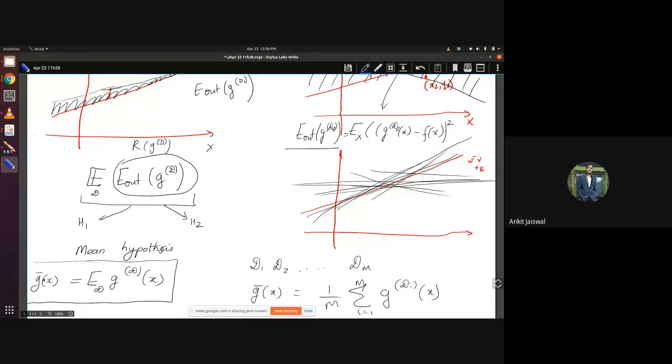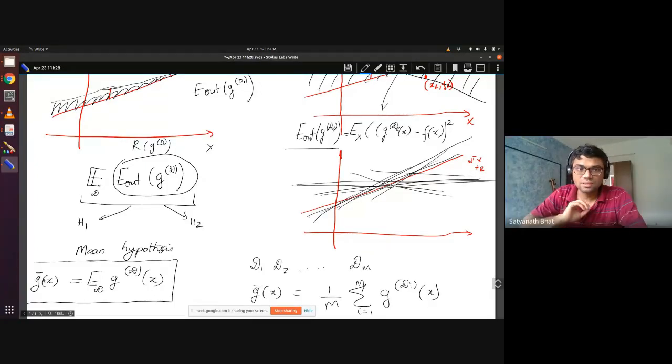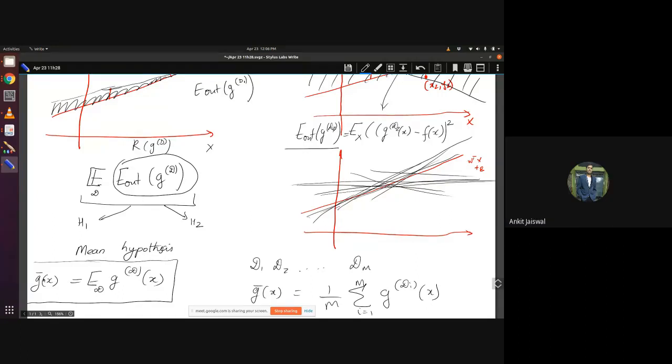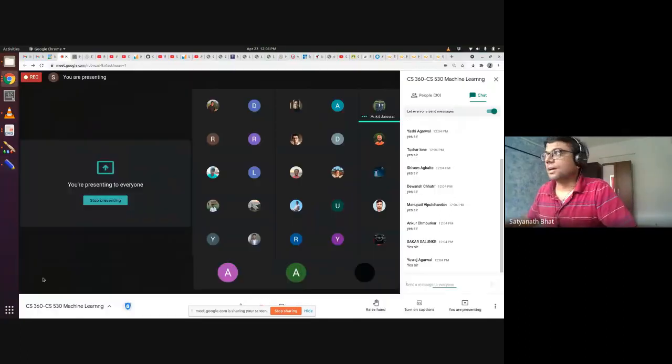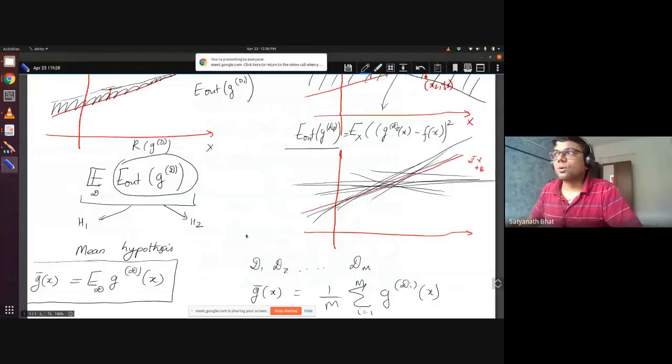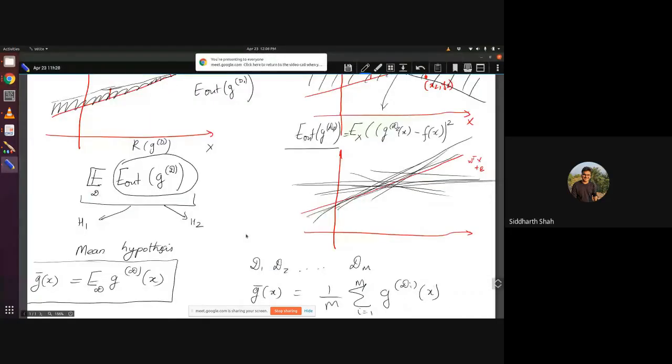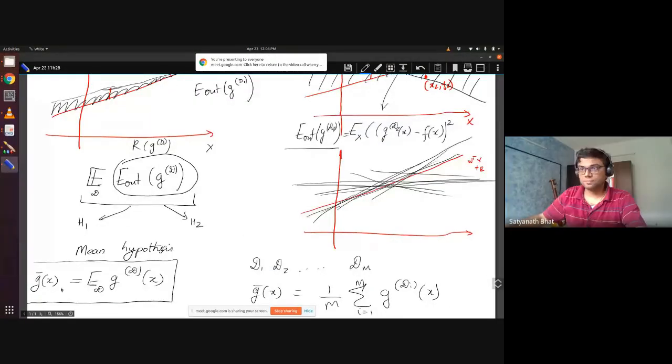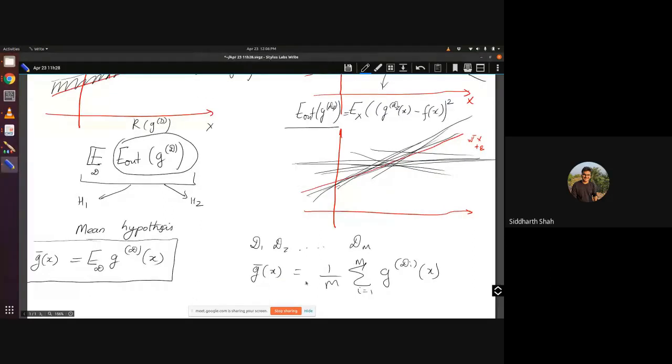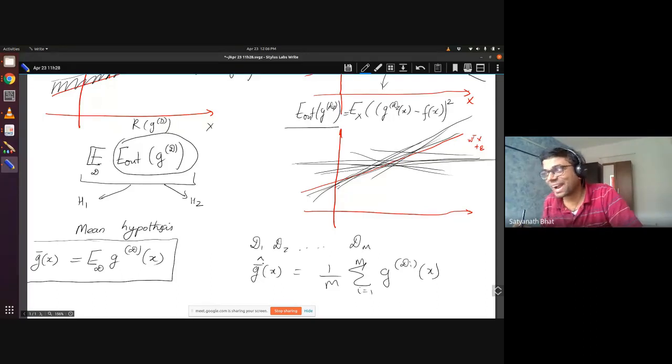Okay, sir. Do you understand the analogy? Yes, sir, I got it. Okay, very good. Again, sir, I have a small question. Yeah, go ahead. Sir, that G bar on the left hand side and the G bar on the right hand side are different, right? Because on the right I did want to put a hat, hat and M also.